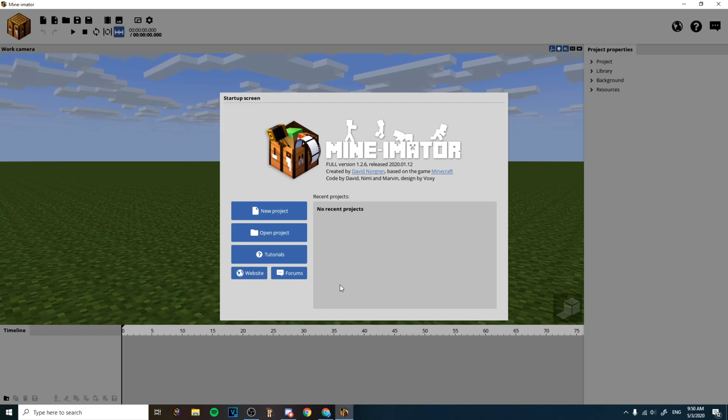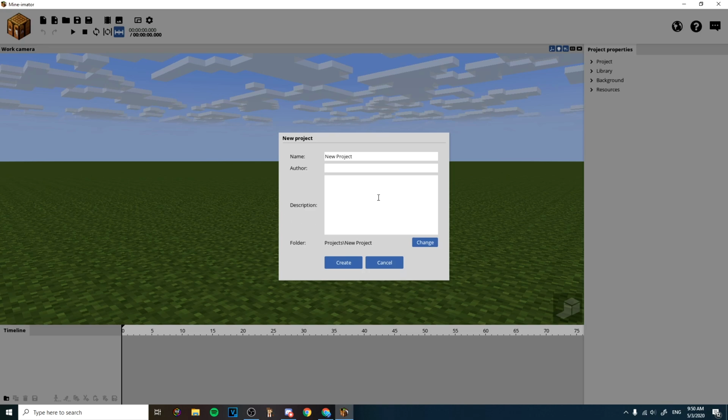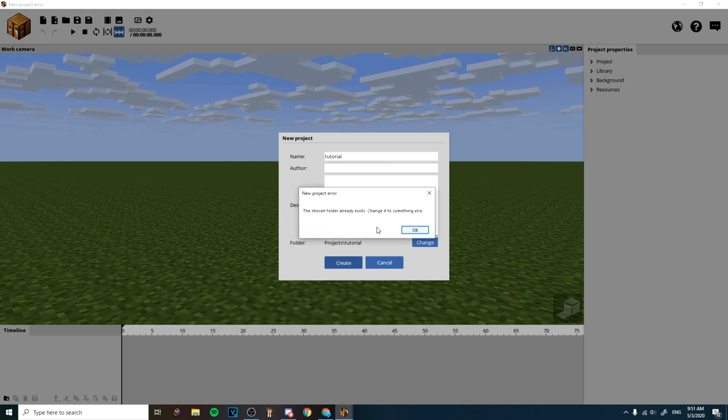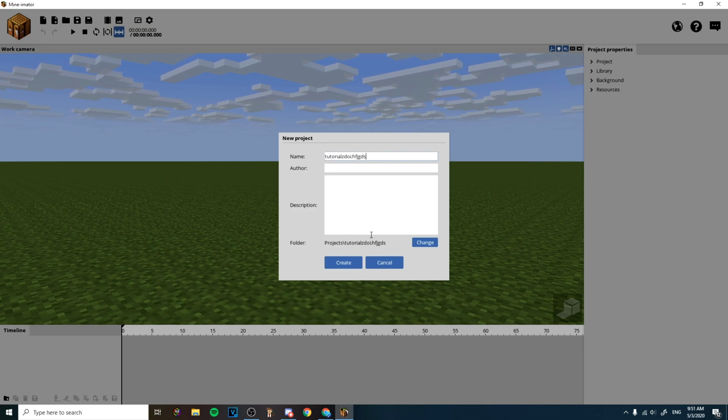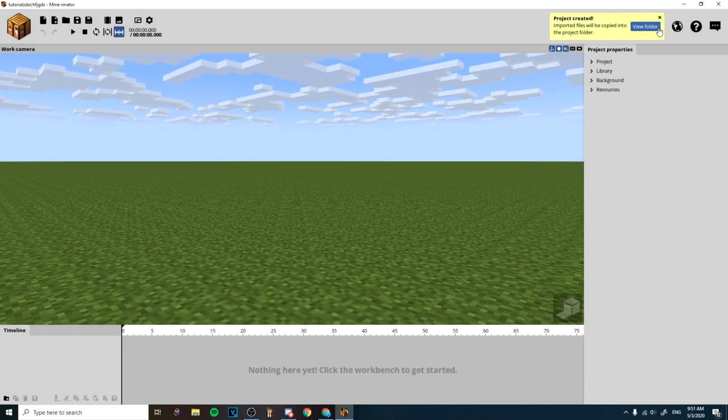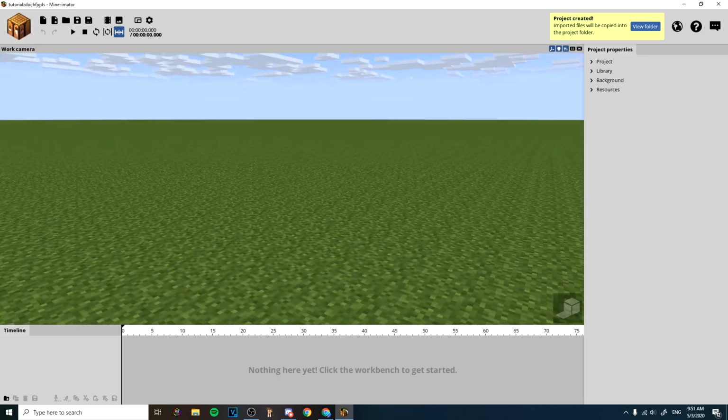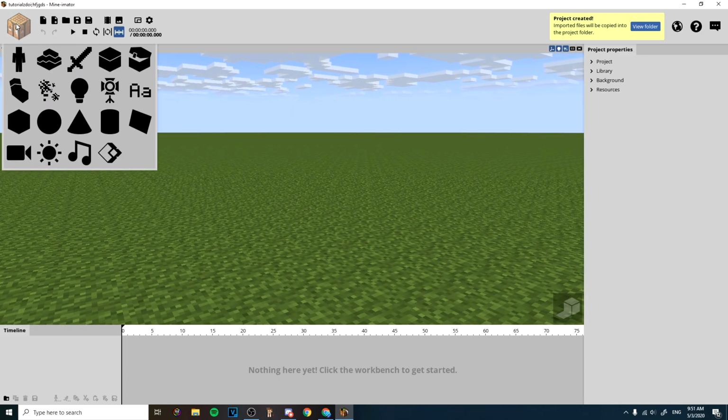As you can see, I am in Mine-Imator, and so in there you want to click New Project, and then I'll just name it Tutorial, and I'll click Create. I already have something named Tutorial, so I'll just name it Tutorial again. Well, okay, so the first thing you want to do is click on the crafting table,